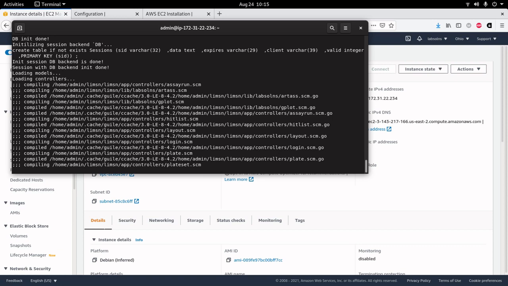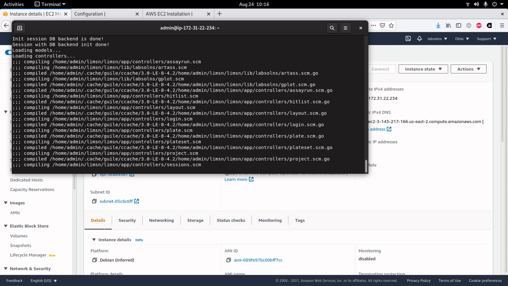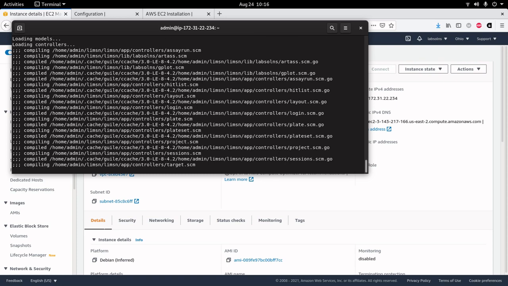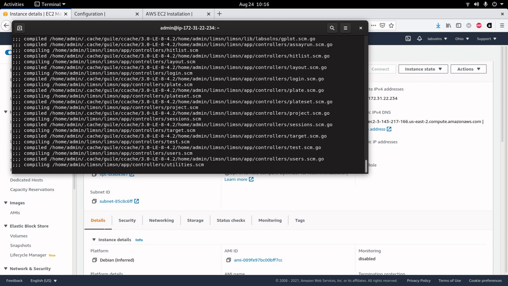The first thing you see is 10 connections to the Postgres database. So this is a good sign. Next, about 10 or 12 source files will be compiled. This occurs on the first run only. Future web server initialization will be instantaneous. Once the files have been compiled